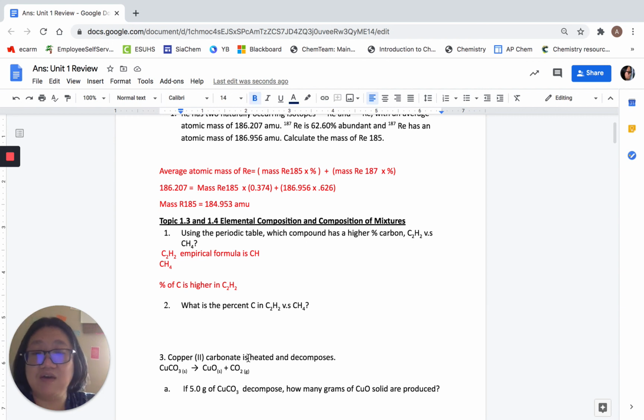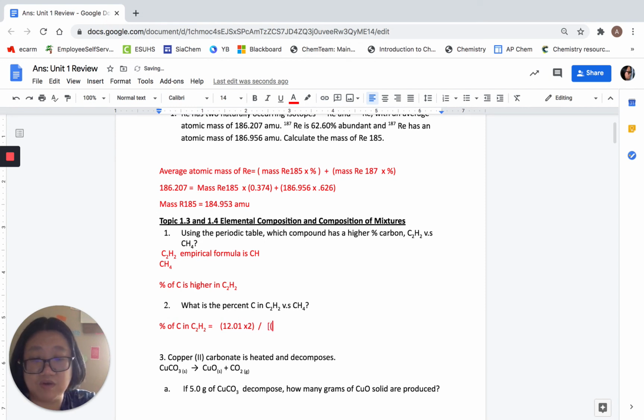So now we're asking for the actual percent difference. What is the percent of carbon? So we have to now calculate what I was just saying earlier. So let's go ahead and try to calculate each one. I'm just copying and pasting so that I don't have to write all that. So it's going to be equal to the percent of carbon, 12.01. In this case, remember there are two of them, so we're just going to say times 2, and that is on the top, and then that is going to be divided by